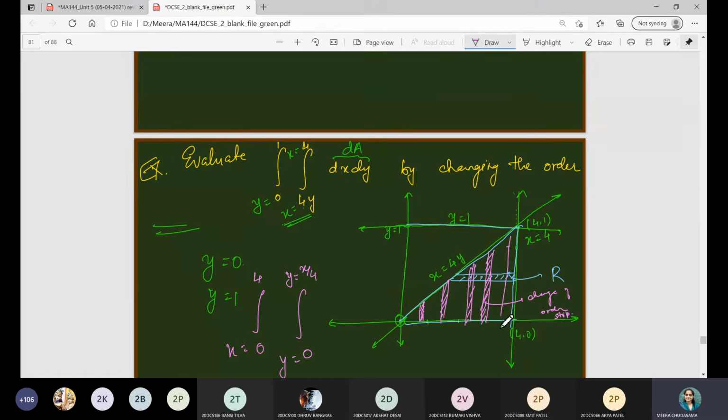So whenever you take a strip, allow it to move in the region, then only you will be able to decide which value it will take, right? So we have now changed the order. See here, the y variable had constant limits, now the x variable will have constant limits, and the order will also be changed. That means it will now be dy and dx. So from the figure, how we have determined the limits and how we have changed the order, is it clear to everyone? Please raise your hand.